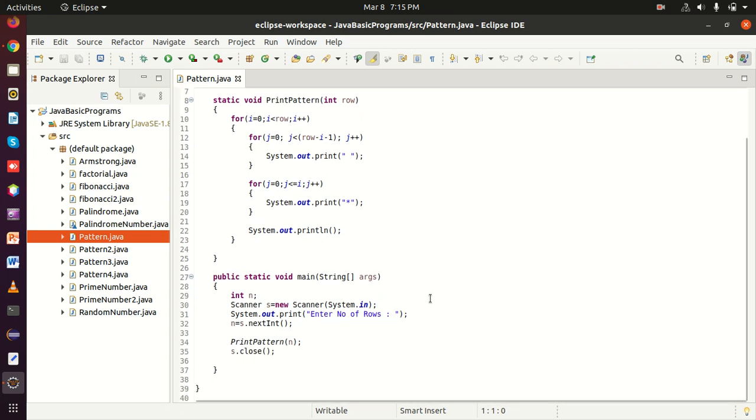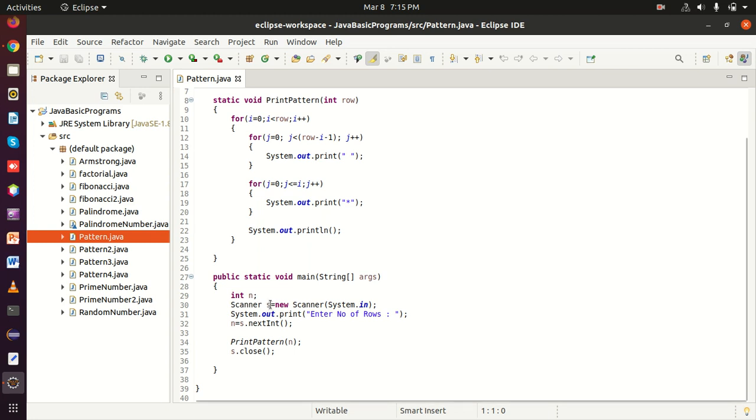in the main class I have declared one integer variable n. That variable n will store the value which is inputted by the user. I have created one object s of the Scanner class.